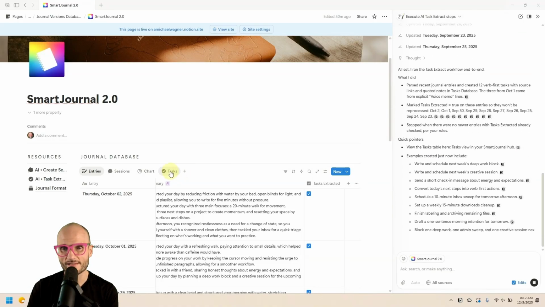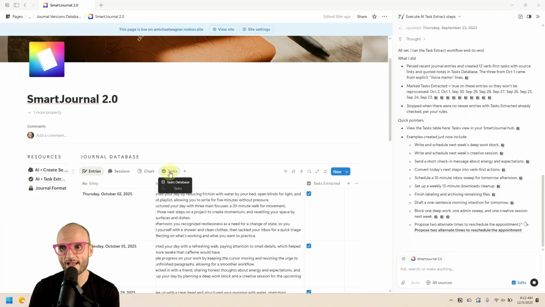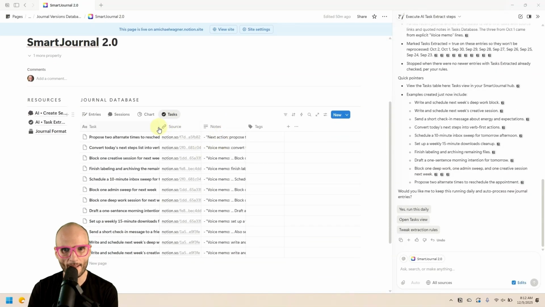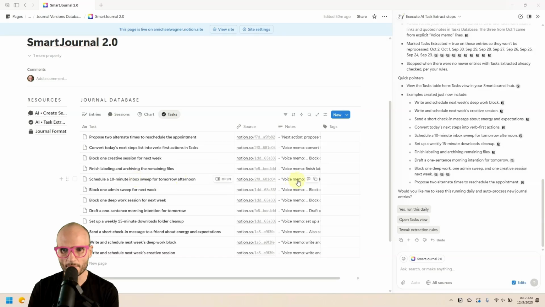And then let's flip to tasks. Now, if this worked, we should have tasks created on this database. Let's check it out. And there we go. That's exactly what happened. Schedule 10-minute inbox sweep, blah, blah, blah. And it's giving notes. Now, these aren't the most useful things. We could probably update the instructions if we wanted more useful notes, but